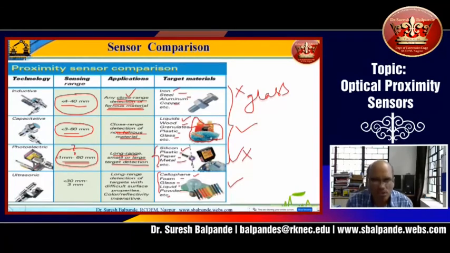But for the middle range or the low range, like the 40 mm, 50 mm, 60 mm mentioned here, you have multiple options: inductive, capacitive, photoelectric, and even ultrasonic. So you can use any of these sensors for detection of the particular object. So this is all about the proximity sensor. Today we have covered optical proximity sensors, and there are three categories: through beam, retroreflective, and diffuse type. In addition to that, ultrasonic is also one of the available proximity sensors. So this is all from my side. If you have any question, you can ask me.